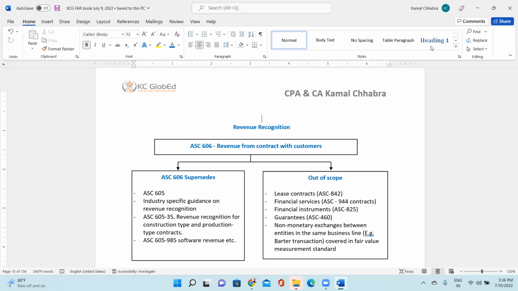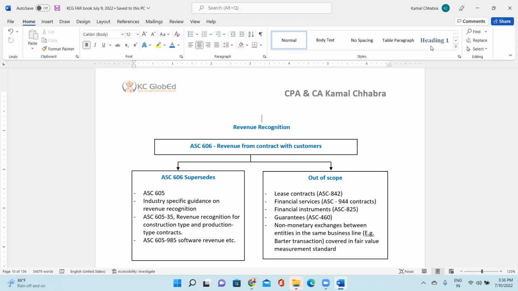So all these earlier revenue recognition standards and the guidance which were available have been clubbed together and tried to align with IFRS 15 to make it more globally acceptable. That was the reason and intent behind bringing in ASC 606, a new accounting standard codification, which came into the picture in 2017 and has been implemented for all the listed companies in the USA in 2018.